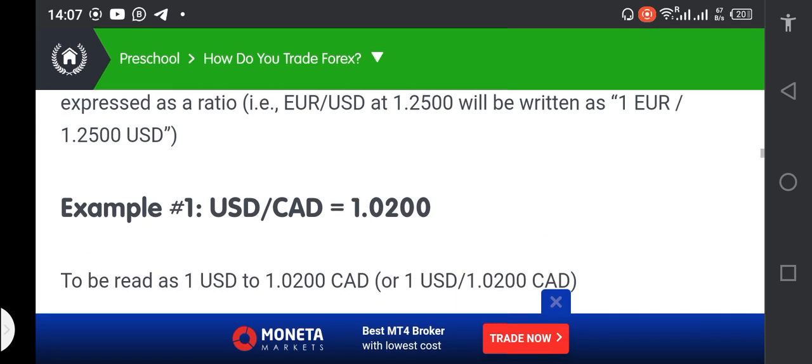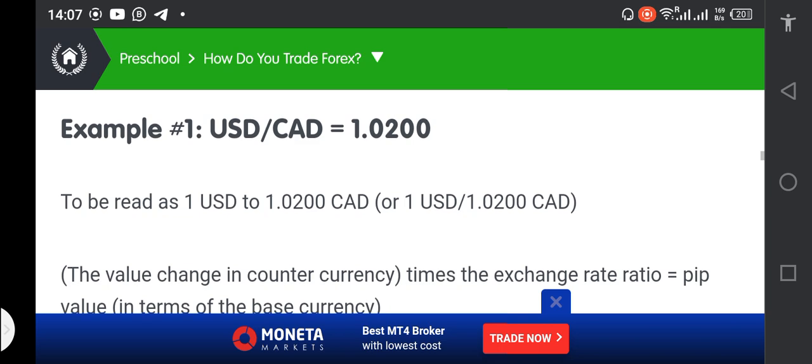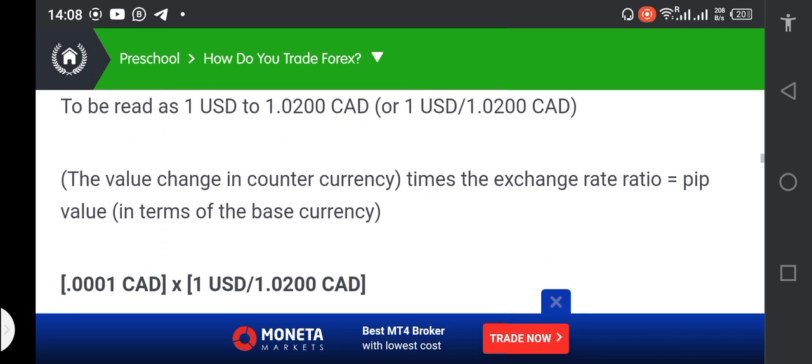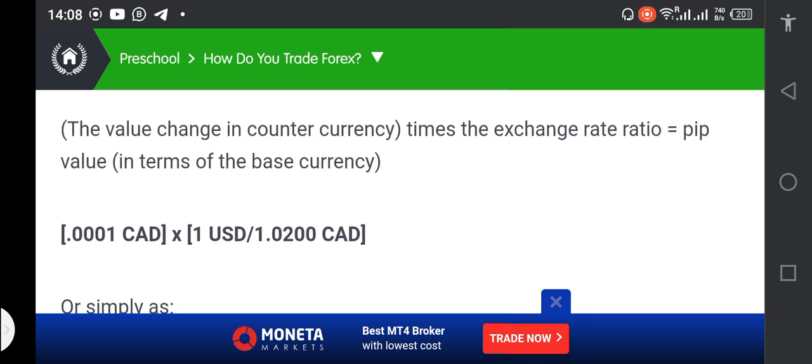You get the Canadian dollar against 1 USD, and then make a calculation of the pip, and that is 0.0001 Canadian times 1 US dollar over